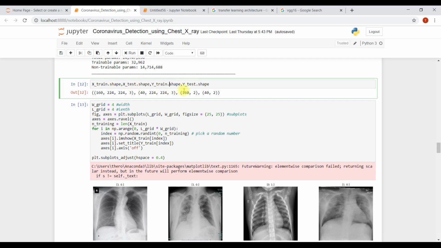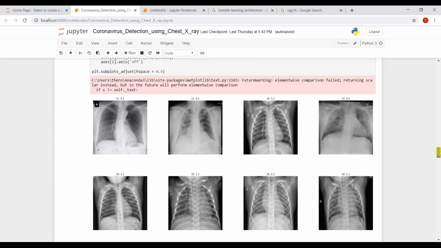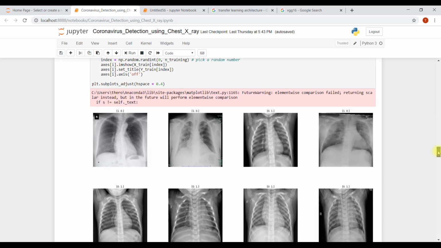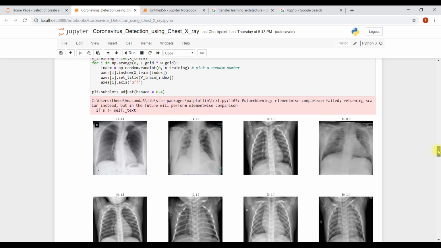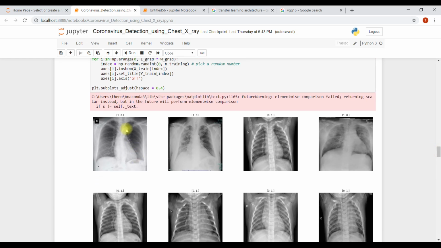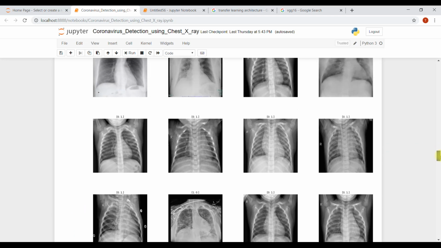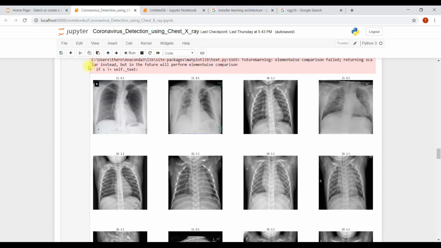I've already shown you this, no? I just want to explain this. This is a 4x4 grid, 4 images in rows and columns, just a presentation for you. This is for coronavirus, labeled 10 after the label binarizer.